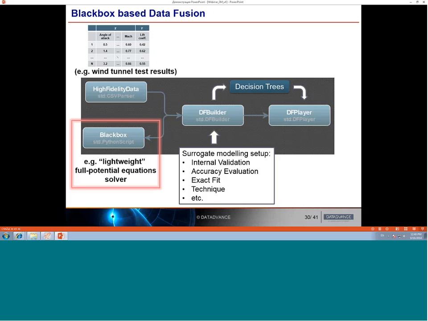I mean, you can use some black box function instead of low fidelity data sample, and if this black box function is rather cheap to evaluate, then the tool automatically will generate by itself a low fidelity data sample and also integrate this black box function into the constructed surrogate model,